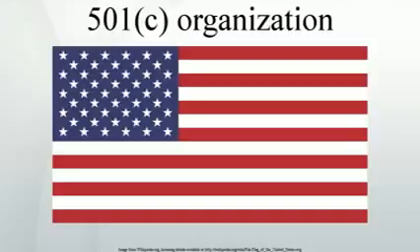501(c)(5) organizations include labor, agricultural and horticultural organizations. Labor unions, county fairs and flower societies are examples of these types of groups. They share a requirement that benefits may not inure to a specific member, but the rules for inurement vary among the three different types of organizations under this segment.